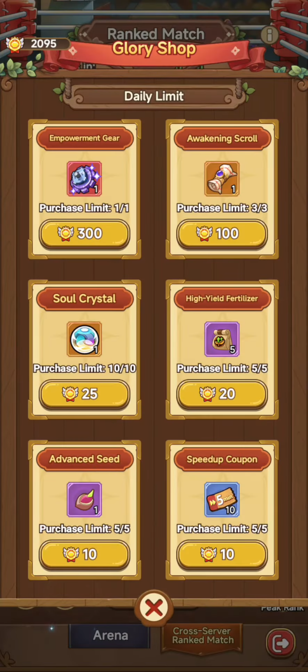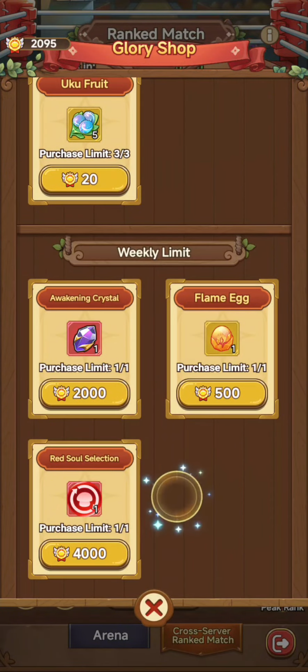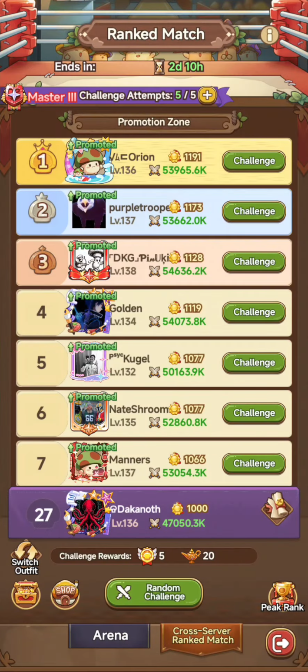But obviously if you're just starting out, and I stress this, you really should probably get awakening crystals instead, because you can use those to upgrade and get to awaken status. And only then do you want to start doing fusions, at least in my opinion. Now, that said,